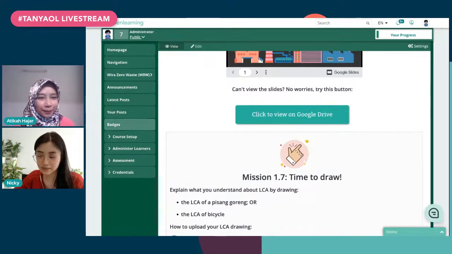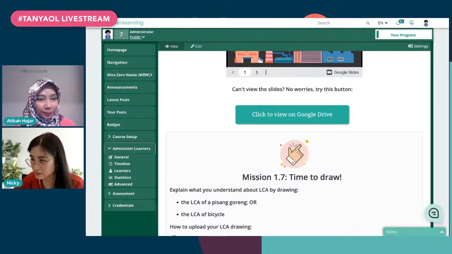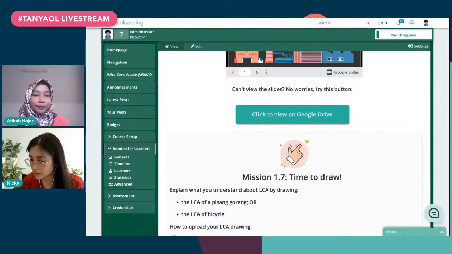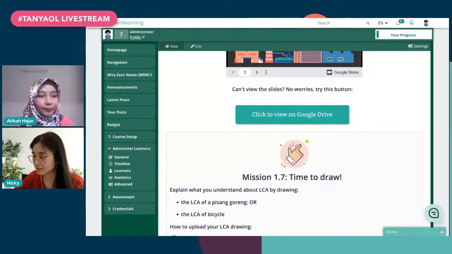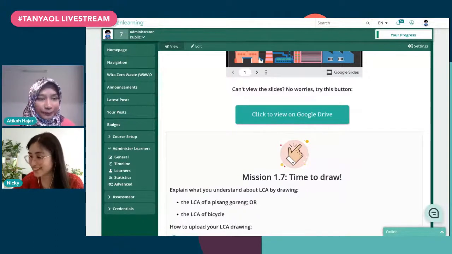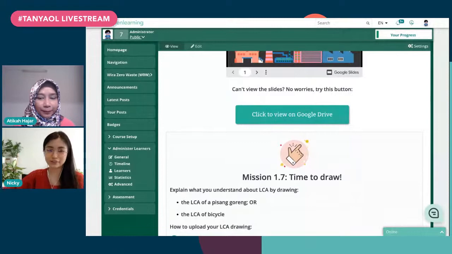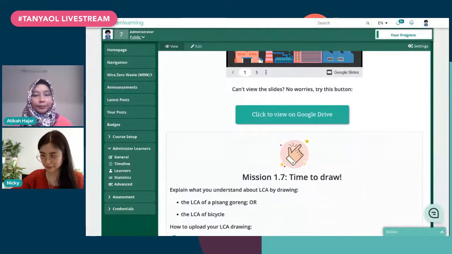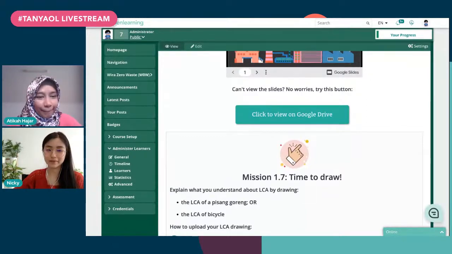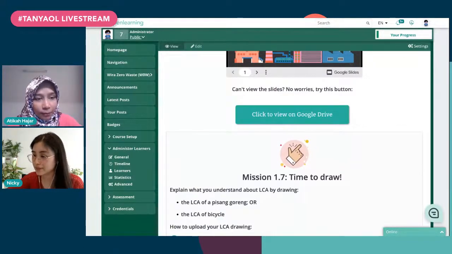And I could actually show the assessment system that we set up. So we had, we're talking about tracking missions, right? Yes. The way that the assessment system was set up for this course was we wanted the students to complete all the missions in each of the modules, and then we would be able to look through them and say, okay, you got 7 out of 7, you did a really good job. And that way we could give them badges at the end of the course. Oh, I'm sharing the wrong tab. Okay, here we go.